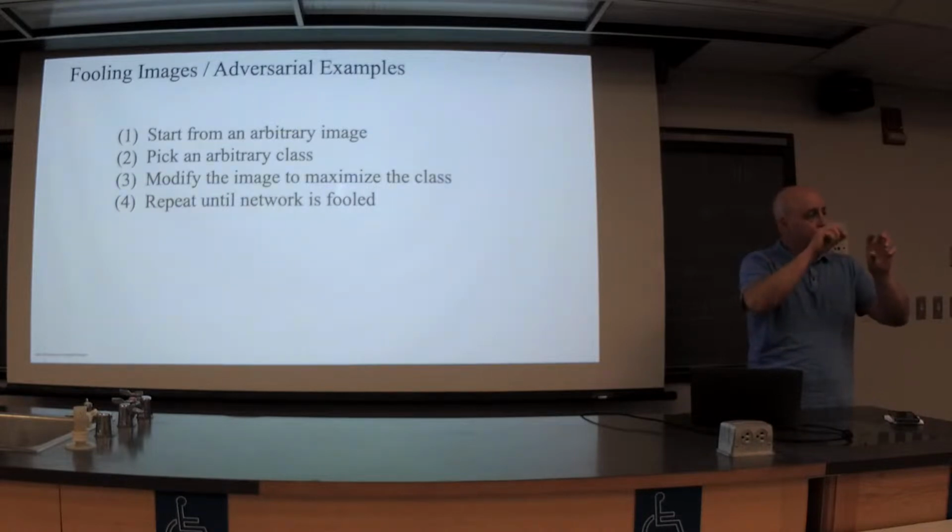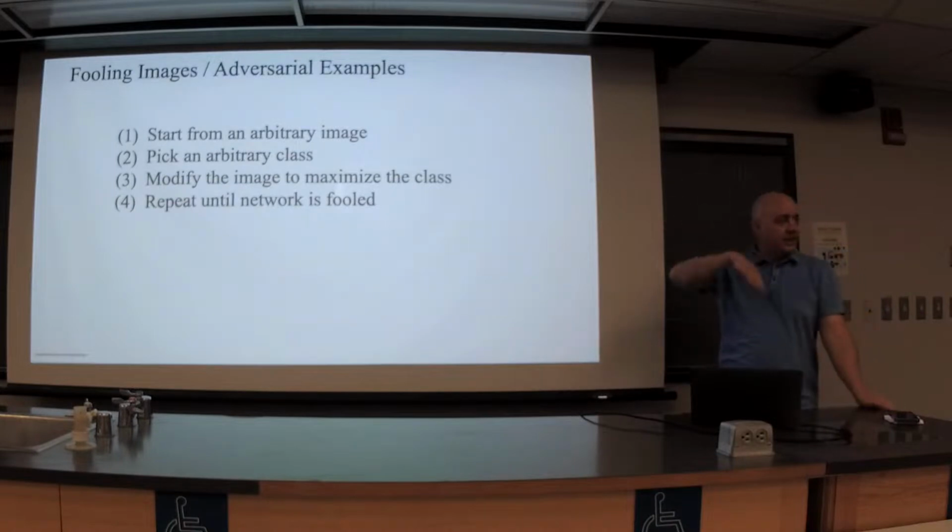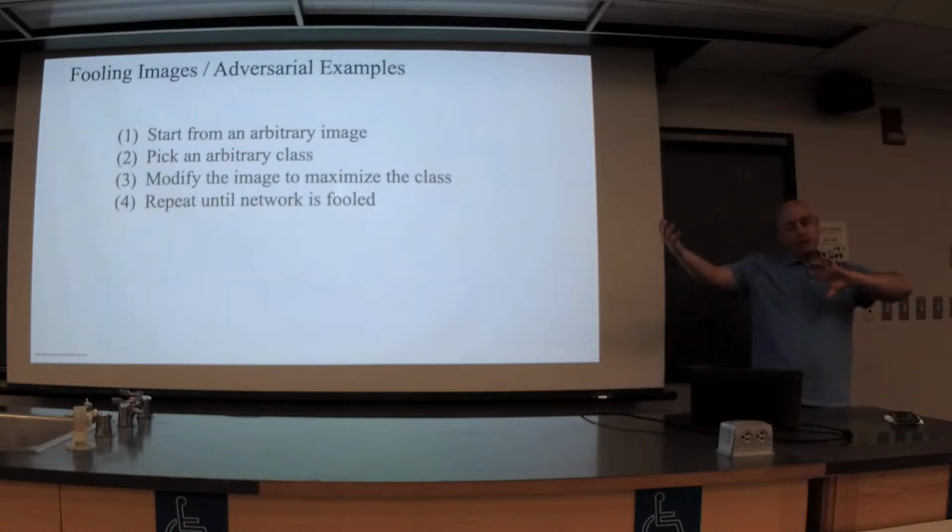You want to change some pixels. So you pick any other class, and then what do you do? Well, you use the techniques that we just talked about, and you do backpropagation from the score of the incorrect class to the pixels on the image of the other class, and then you change those pixels,